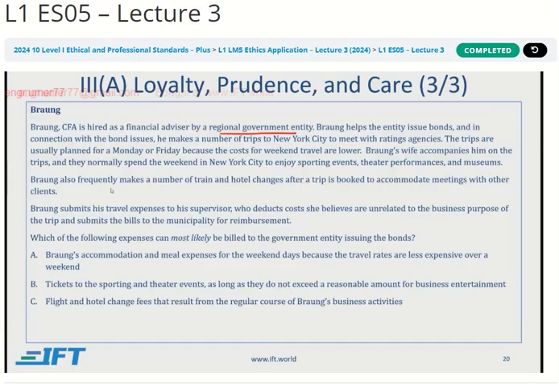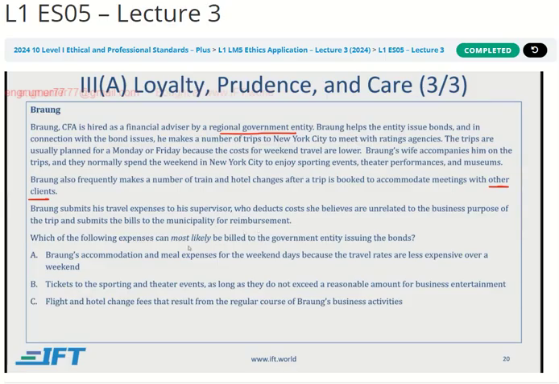Brong also frequently makes a number of train and hotel changes after a trip is booked to accommodate meetings with other clients. Brong submits his travel expenses to his supervisor, who deducts costs she believes are unrelated to the business purpose of the trip and submits the bills to the municipality for reimbursement.